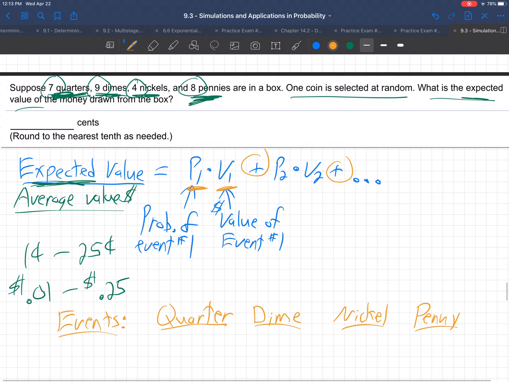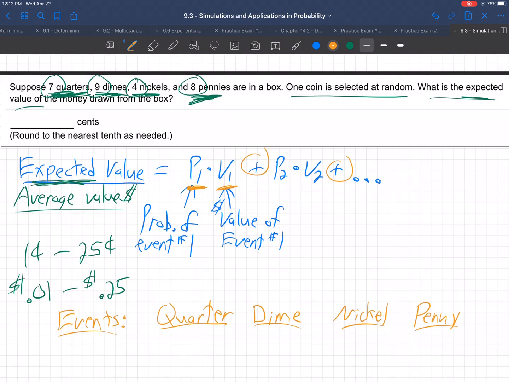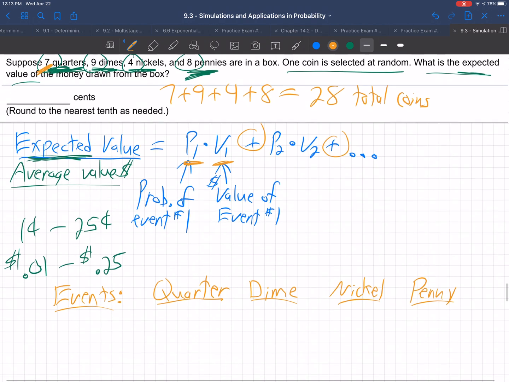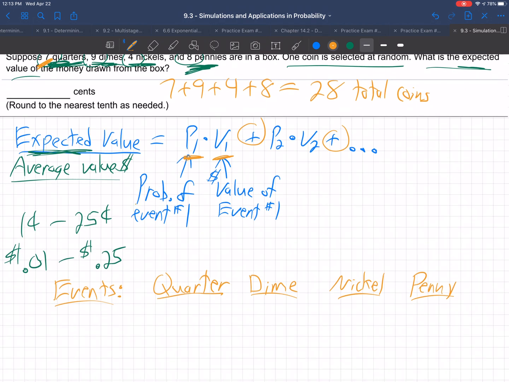So if you get a quarter, what's the probability of getting a quarter? Well, there's 7 quarters. How many total coins? Let's see, 7 plus 9 plus 4 plus 8, that's 12, 21, 28 total coins. There's 28 total coins in the box. So the probability of event number 1, getting a quarter, is 7 out of 28. We don't need to reduce the fraction. Just leave it. We're going to do it all in a calculator in a minute. So 7 out of 28. That's the probability of getting a quarter